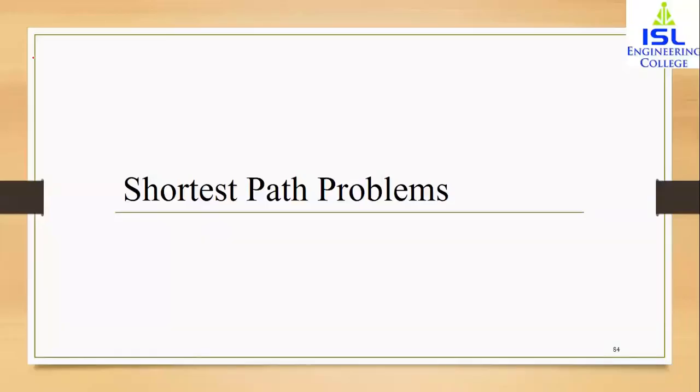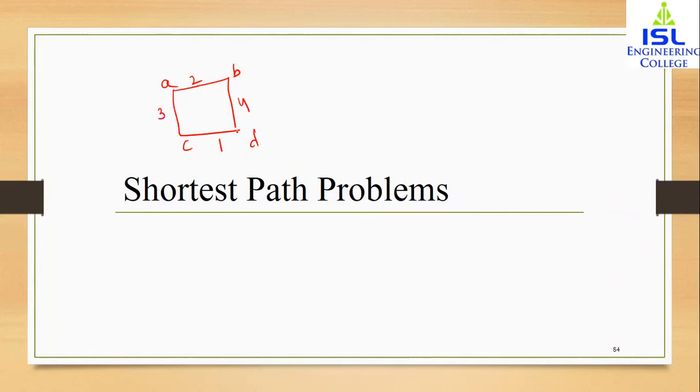Good afternoon. Today's topic is shortest path problems. Many problems can be modeled using graphs with weights assigned to their edges. So whenever we have a graph with vertices A, B, C and D, suppose I am assigning a weight, or an imaginary distance, between these vertices: between A and B the distance is 2, between B and D the distance is 4, between C and D the distance is 1, and between A and C the distance is 3.